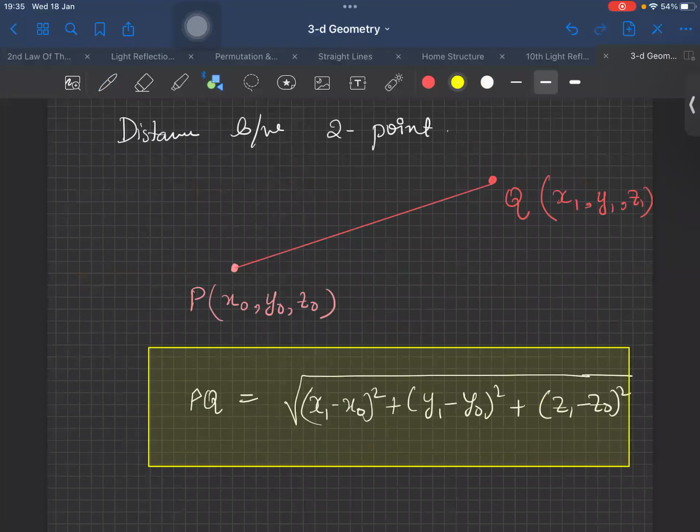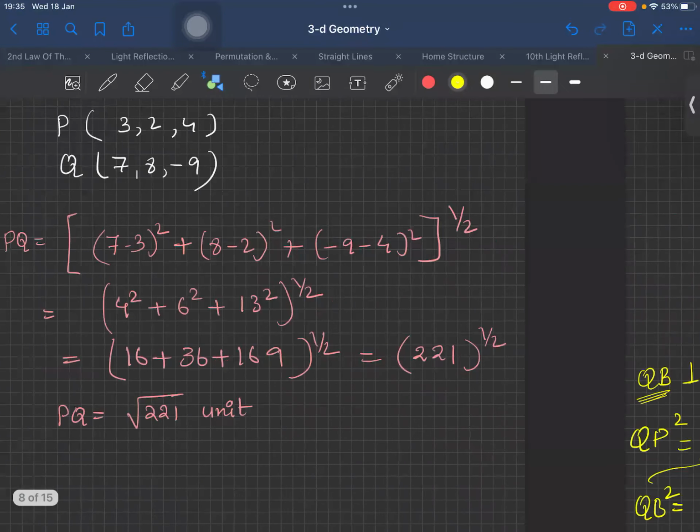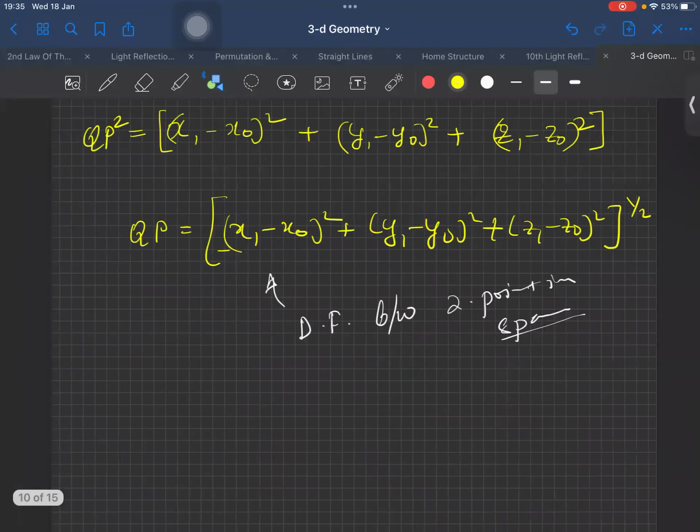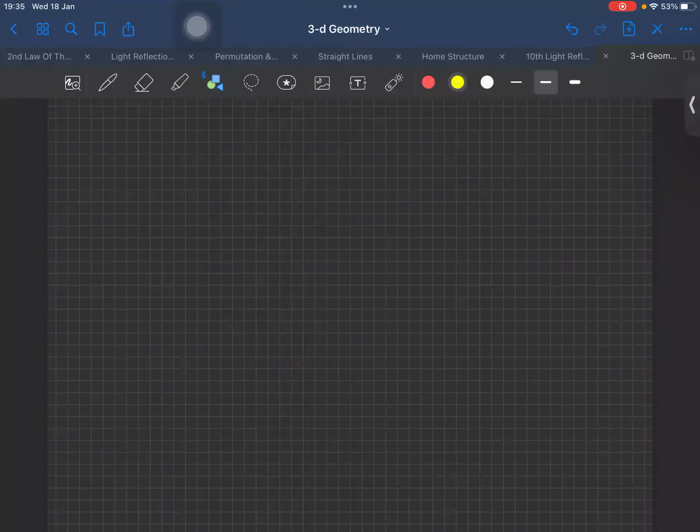All right. Anything else you want? What is the next topic? Next topic is your section formula, which we are going to see next Monday. So next Monday we'll finish this chapter. I think only the section formula is remaining, right? Or anything else?